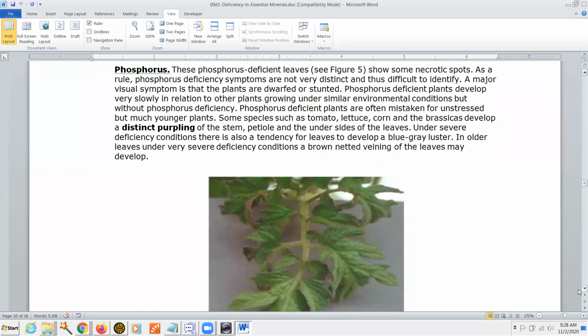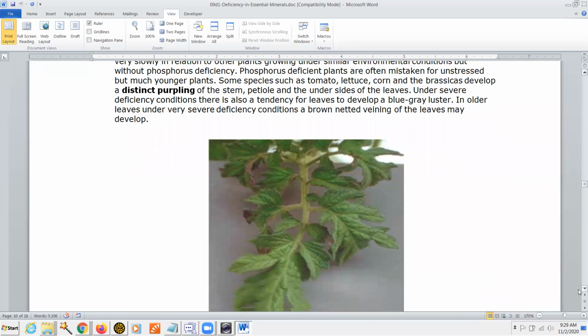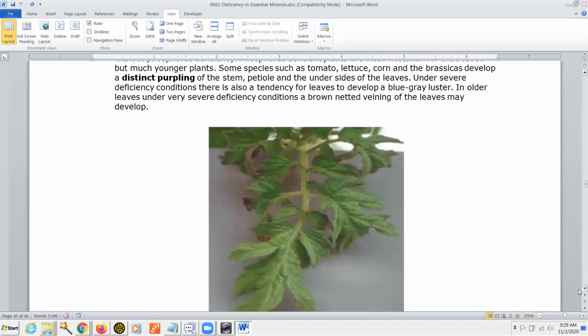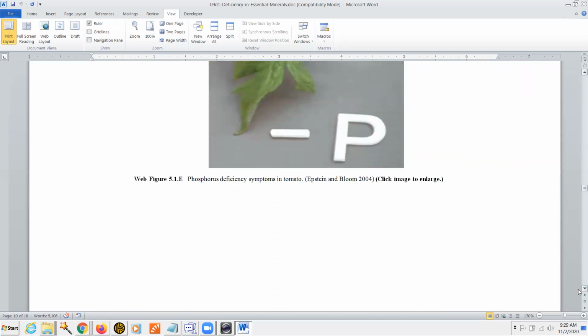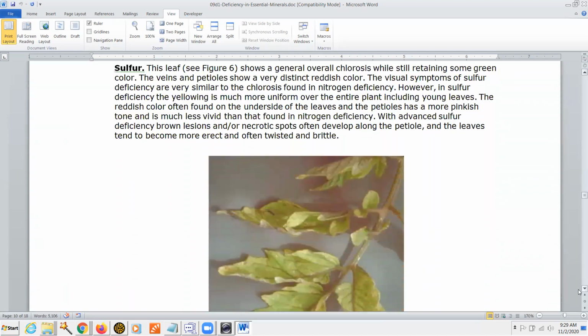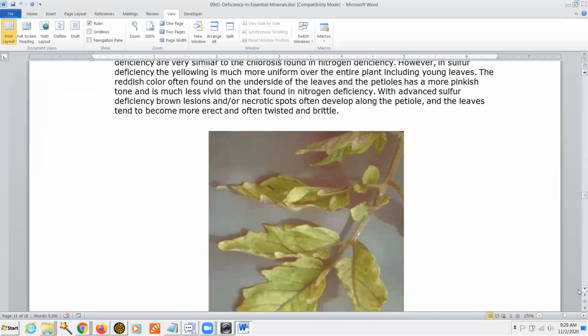Phosphorus. In some plants, you can get a distinct purpling with stress. If they have the ability to make purple colors, things like grapes or tomatoes do have the ability to make purple colors in many of their varieties. And you don't see it here. You can't see the purpling on this particular photo, but if you have very severe phosphorus deficiency, you can see some purpling that occurs. Sulfur deficiency, there's another example of a chlorotic symptom,